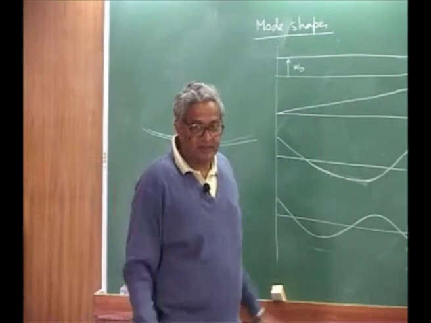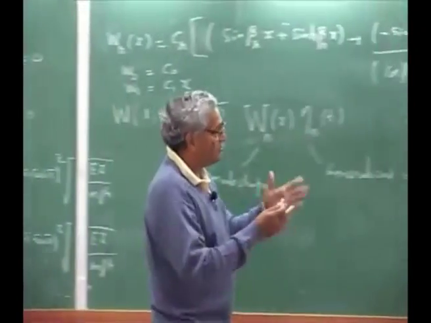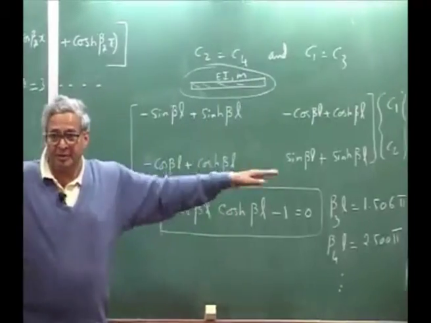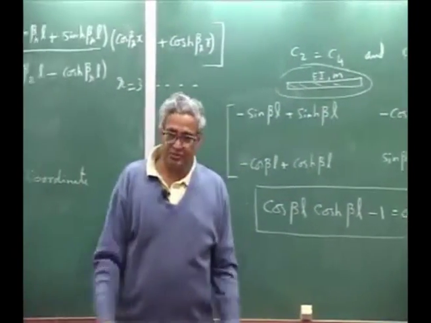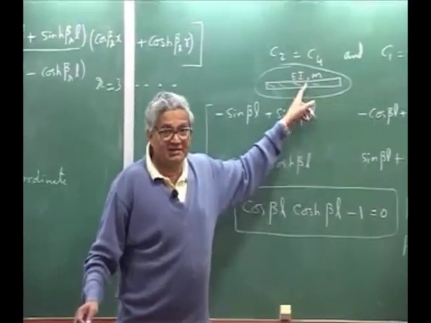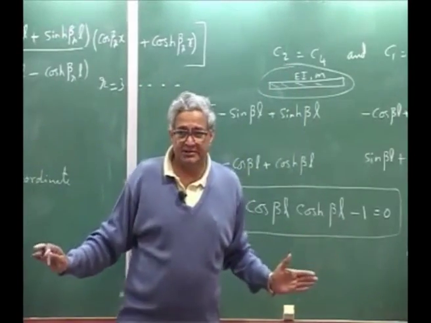Okay, and now you know that I can solve any type of problem, because I can have ML here, I can have ML here, both wings, or I can put one mass in the middle, put everything, but boundary condition will be here and here. Some mass is sitting here. That's okay, that will come as part of your equation.